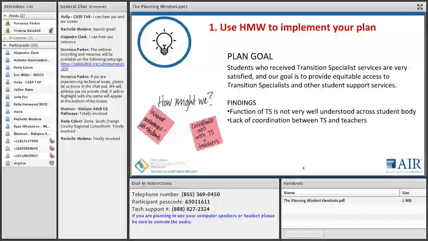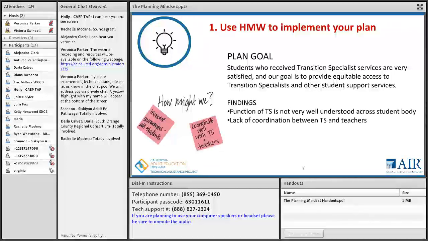And this is, that says use How Might We to implement your plan on the top. Great. So, perfect. Wondering whether I should try to figure out how to reconnect or not, but let me just go through the slides. So,